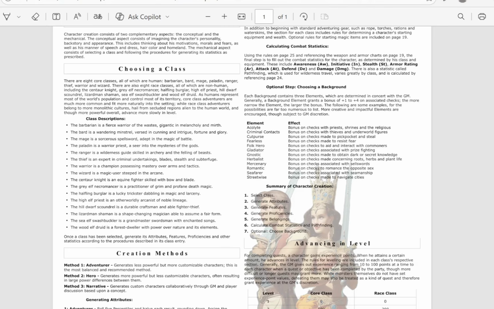The barbarian is a fierce warrior of the waste. The bard is a minstrel. He has magic, fortune, sword play. The mage channels a lot of magical energy through his weapons. The paladin is a servant of the gods. So these are all things that, as humans, they're being very flexible. This is a very old school kind of idea that they're flexible. They can do all kinds of professions and things. They're different ways of skills that they've mastered.